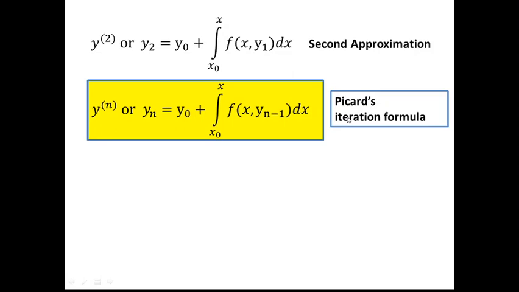Continuing like this, we have various approximations to the values of y, and each one of them gives us a better result than the preceding one. This method can be applied only to equations in which the successive integration can be obtained easily, which is the only drawback of this method. This method becomes powerful only if you know the successive integration of the function. Otherwise, you will find it difficult to apply. Let's see how to get the solution with the help of a couple of examples.